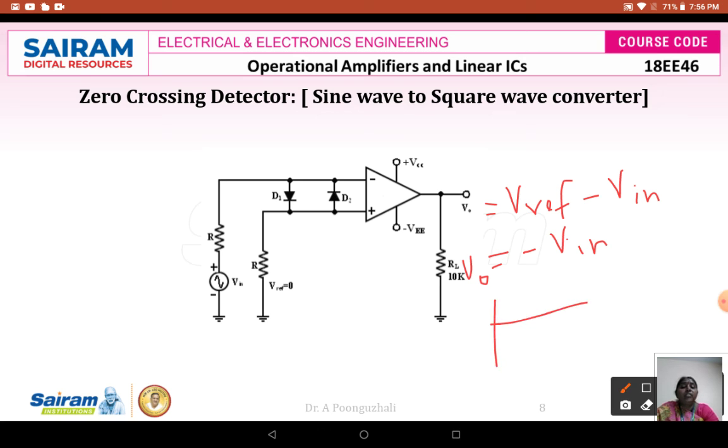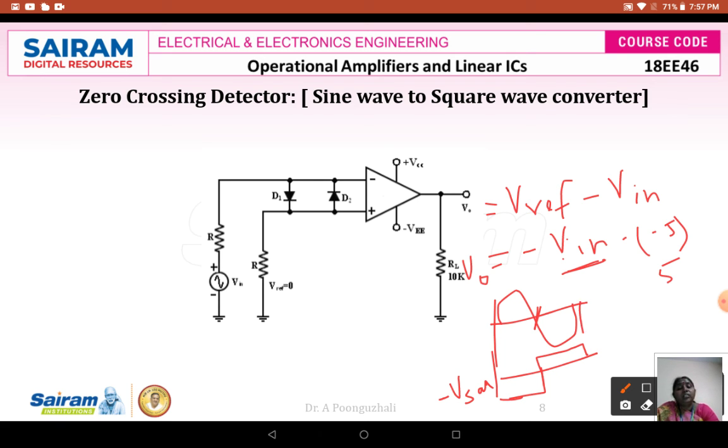So here I am going to have, this is your sine waveform. My input is positive. If my input is positive, what is my output? If this is positive, my output is going to be negative. So till this point, it is going to be at negative V saturation, minus V sat. Next, when my input is negative, say minus 5, minus of minus 5 is going to be plus 5. That means my output is going to be positive, so it will go to positive saturation. So this period it will be at positive V sat and this period it will be at minus V sat.